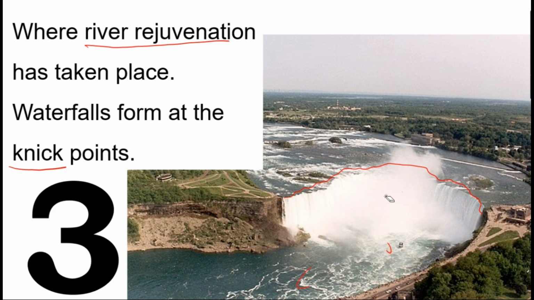But what are we discovering? We are discovering that as the river renews its erosive capacity, it tends to keep on eroding vigorously, and this section is where we have the development of the nick points. That is a nick point which has developed in that section, and we have the waterfall forming at that point. In case we have several nick points, then we shall have several waterfalls forming depending on the rejuvenation of the